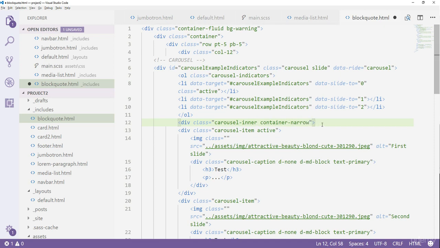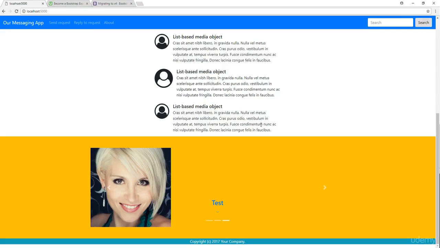Maybe it's not the best name there is. We could have named it differently, but I think it gives us the idea of what this class does. It makes a narrow container, so we want to have another narrow container in our